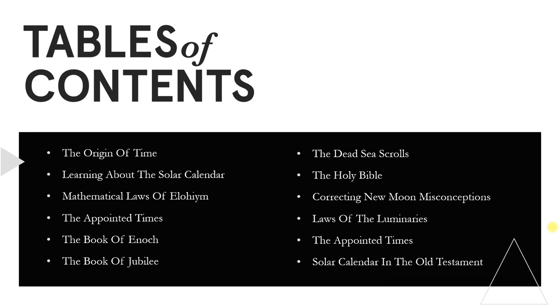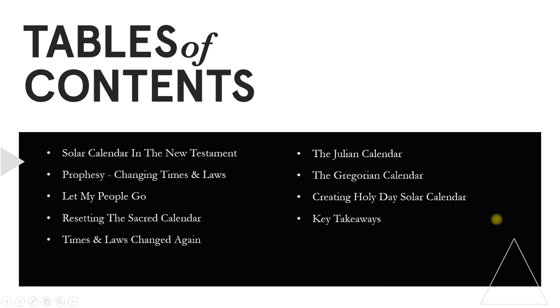So we have in our table of contents the origin of time, learning about the solar calendar, mathematical laws of Elohiym, the appointed times, the book of Enoch, the book of Jubilee, the Dead Sea Scrolls, the Holy Bible, correcting new moon misconceptions, laws of the luminaries, the appointed times, the solar calendar that was used in the Old Testament, the solar calendar used in the New Testament, prophecy about changing times and laws, let my people